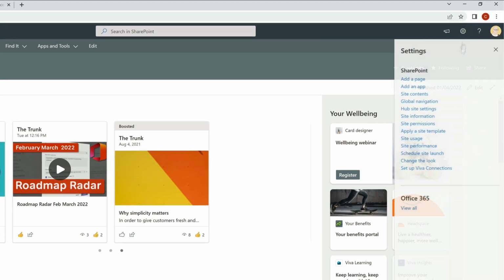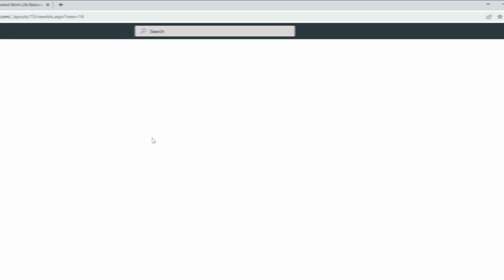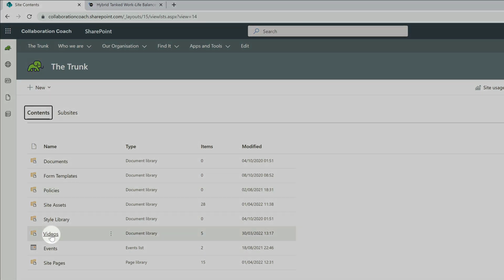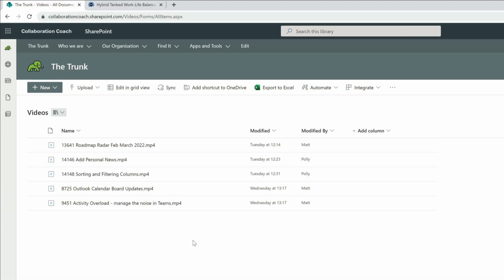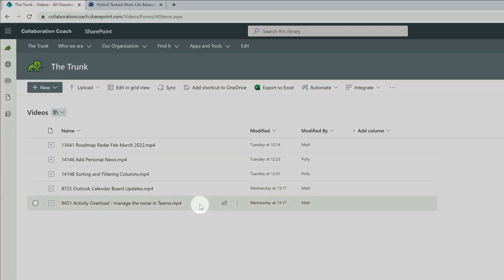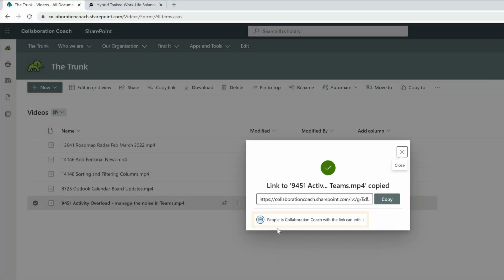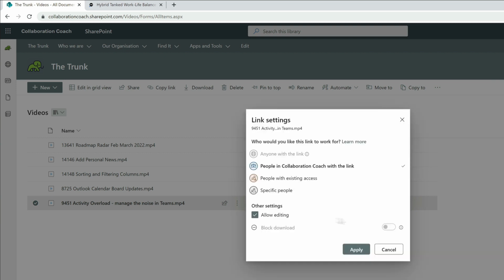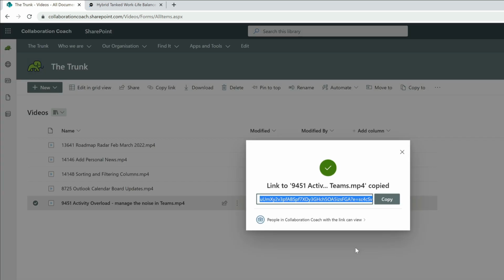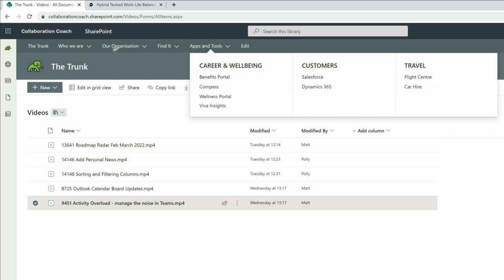Now I've got my video stored in the site contents, and I've created a library called videos here. And you can see I've got a list of MP4s here. So I'm going to choose this one here and then choose copy link. Now I'm going to make sure that everyone in Collaboration Coach with the link can edit this. I can change that if I want to not allow editing, but I want to make sure that everybody can see it. That's the important thing. So I can apply that and then copy that link. Now I go back to my homepage